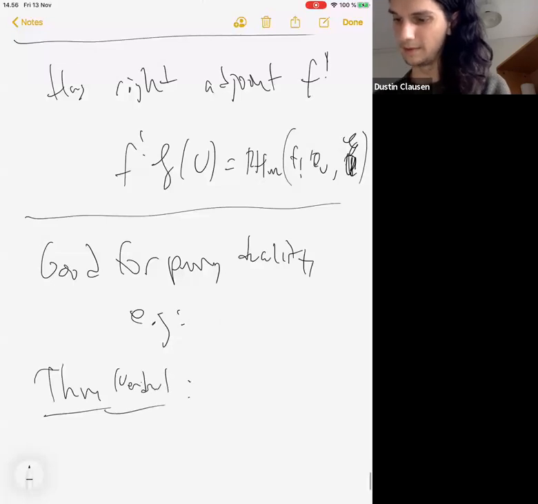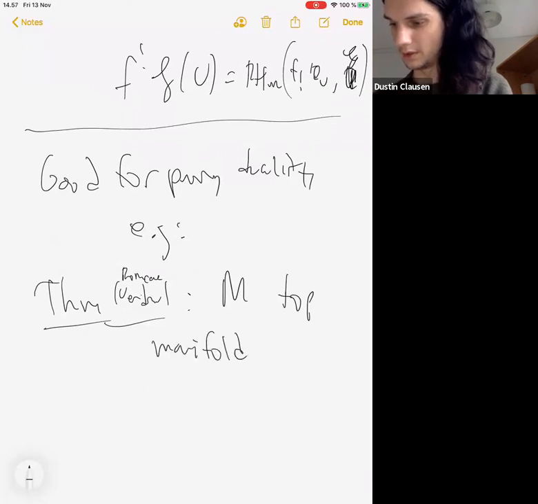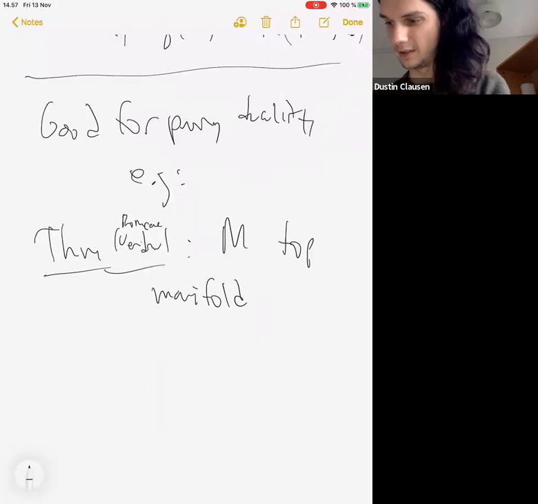Okay, but it's Poincare duality, basically. So if, say, M is a topological manifold, then for the projection to the point,